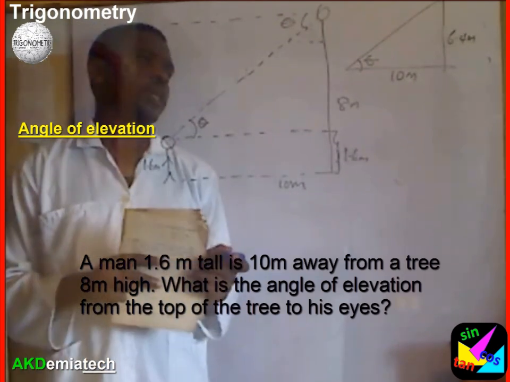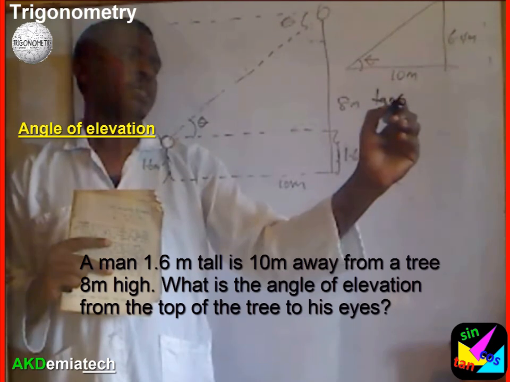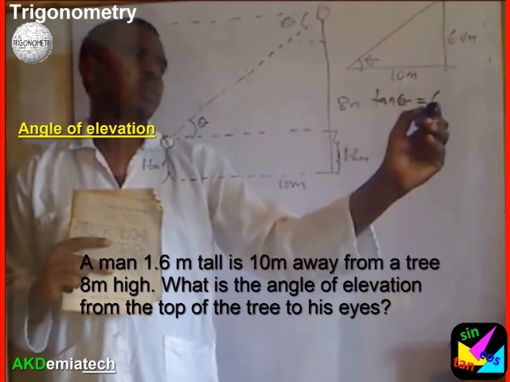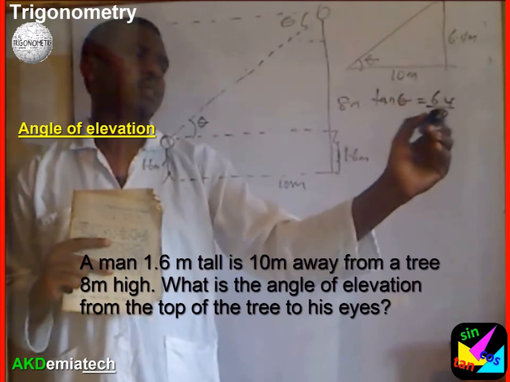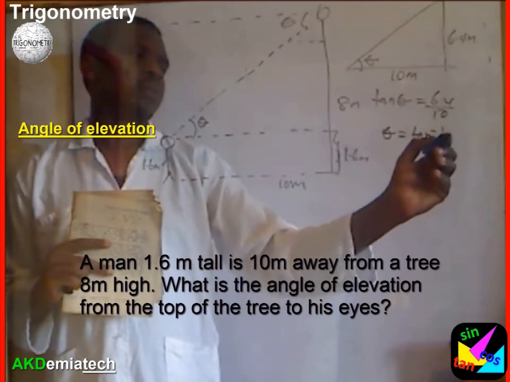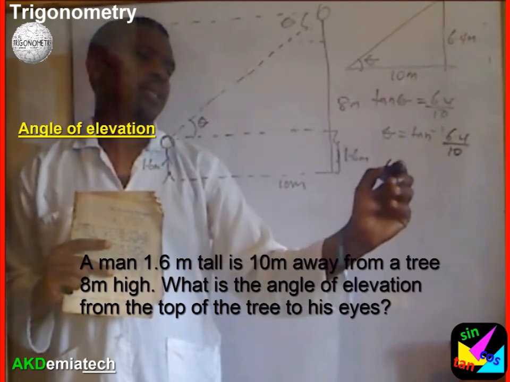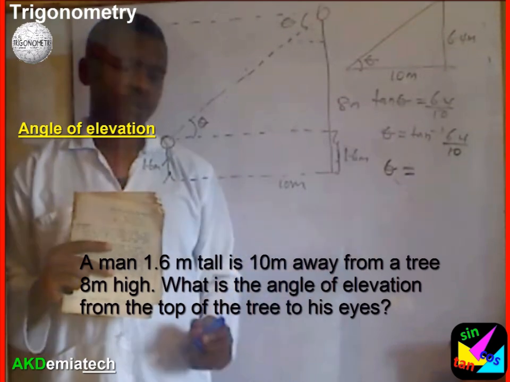Now, you can use tangents to say that tan theta is equal to 6.4 all over 10. Theta is equal to tan inverse of 6.4 all over 10. Theta there will be equal to